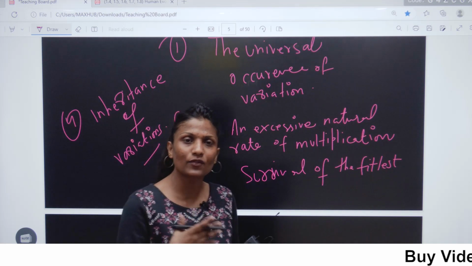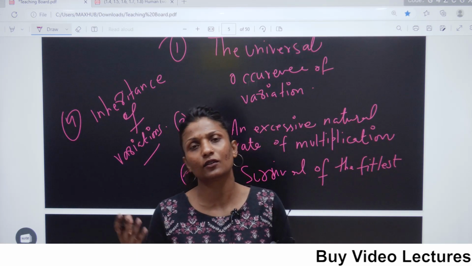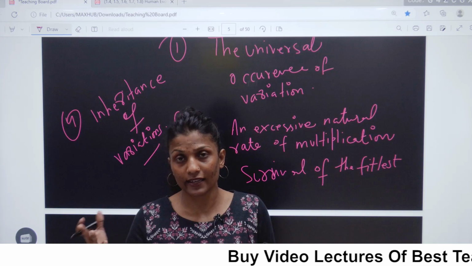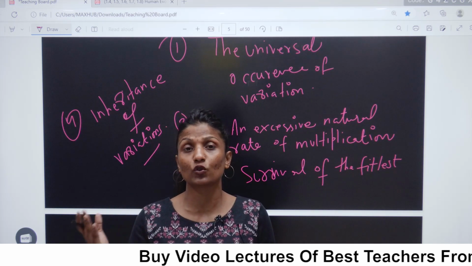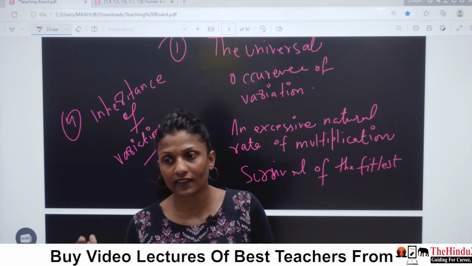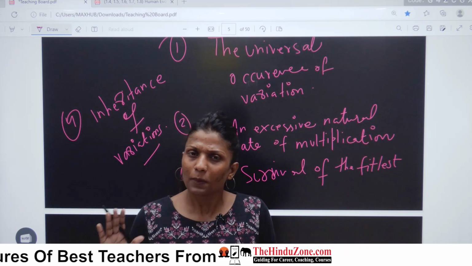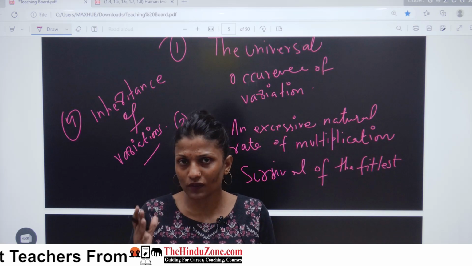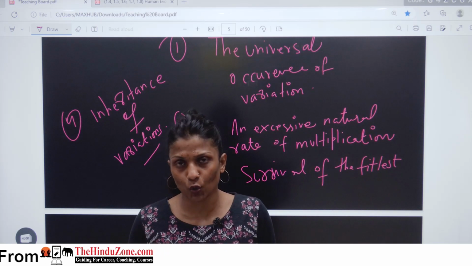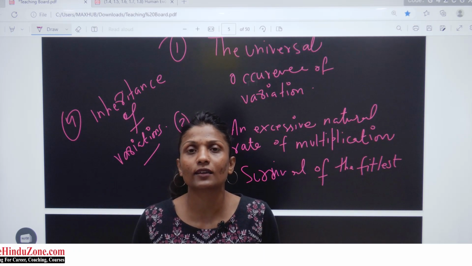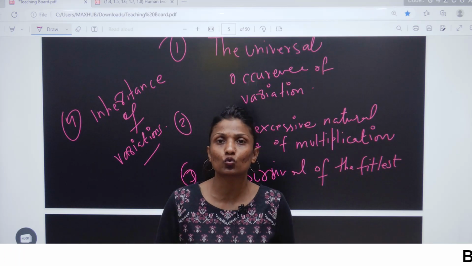So Lamarckism has given his various principles. He had also explained inheritance of characteristics. He had explained the theory of use and disuse, and he also said that whensoever we require something, we get that organ. But we know that it was not a scientific theory. But Charles Darwin's theory is, you can say, very close to the fact.